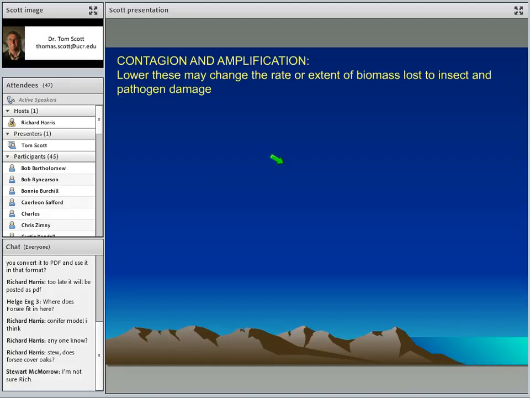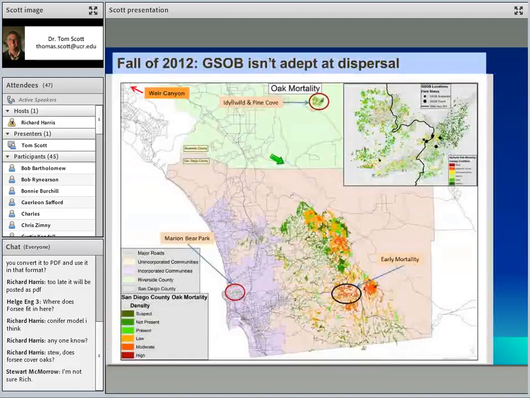Given those conditions, there's an opportunity to come in and have some kind of management of the pest, and to not see the mortality go to 95% or 85%. Maybe the mortality stays closer to 50% or below. That would have been what I would have shown you in this slide. But the point is that thinking about these problems as epidemiological problems and not traditional forestry problems often gives you a handle on how much carbon you might be able to sequester should you be able to intercede and not have these things go to the point of amplification.